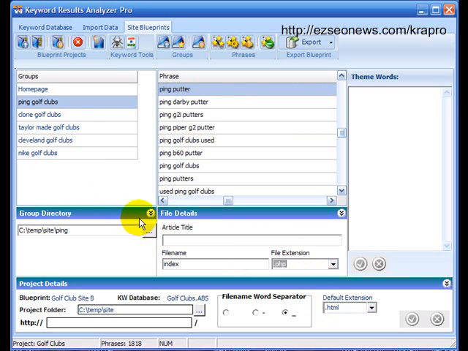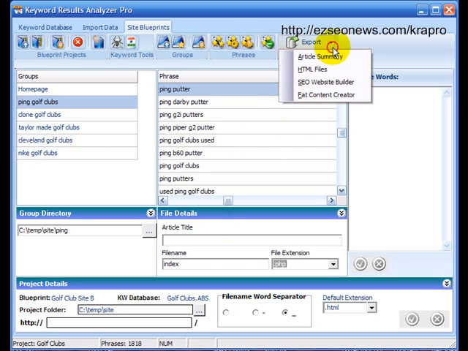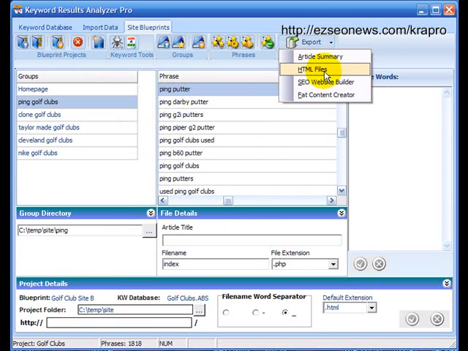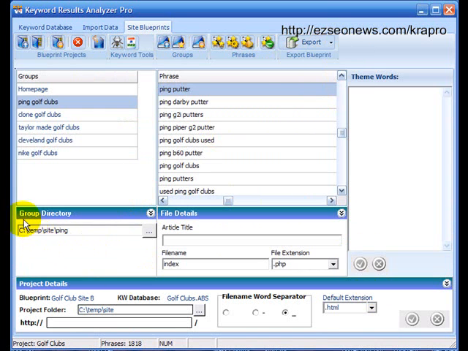So there's a lot of information you can include in your site blueprint. Some of it is needed, some of it is not, depending on what task you're trying to achieve. If we just look down here, if you're doing an article summary, then group directory is not needed, file details isn't really needed, and you will not really need any of this information either, because all of the information you need for your article summary is on that sheet. If you're doing the skeleton site, this HTML files export, then group directory is important,